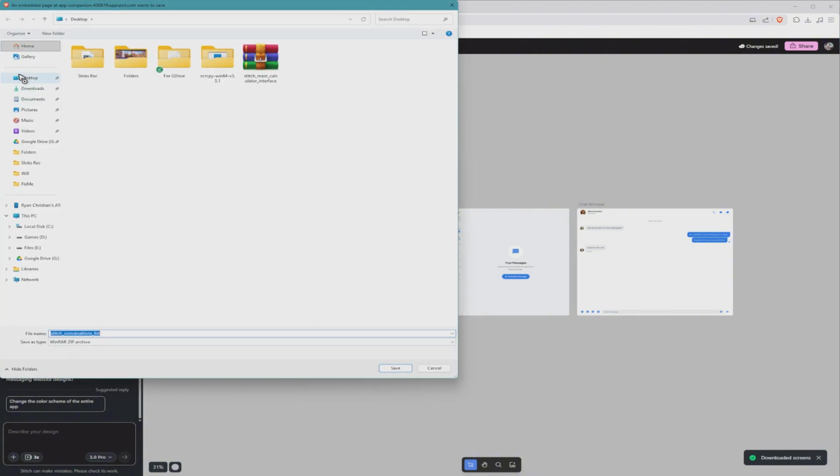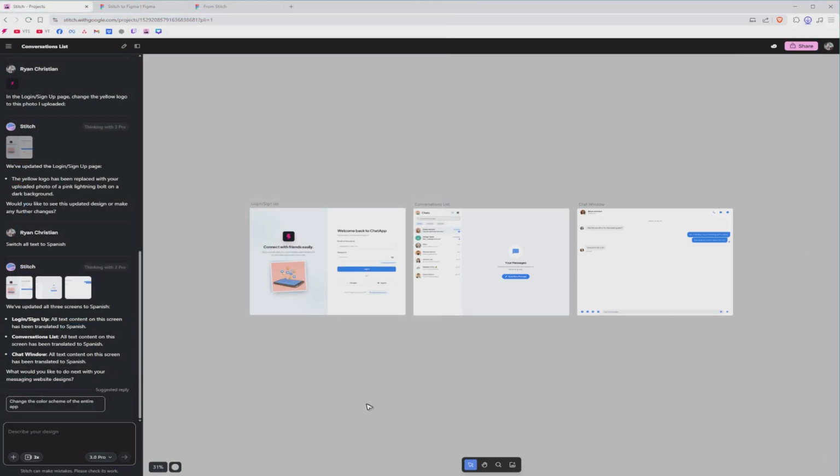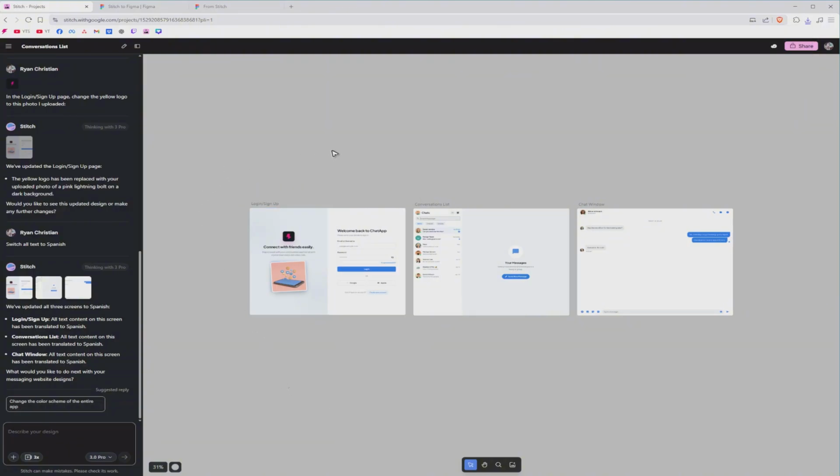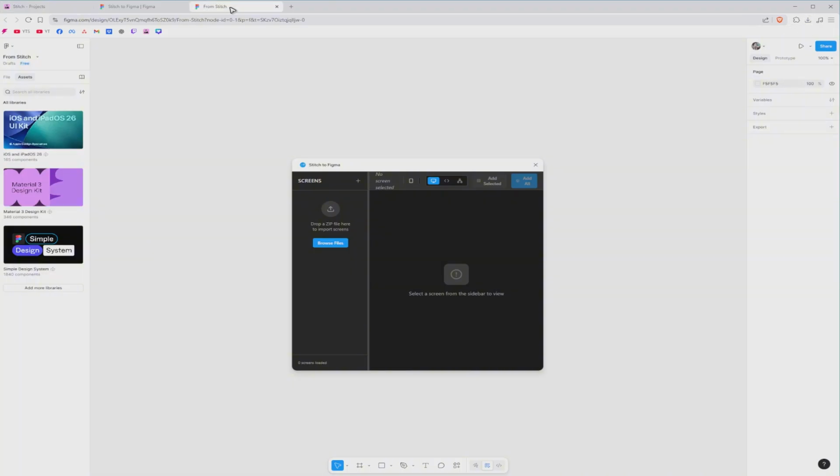Wait for it to load and save it wherever you want, and it will be a zip file. And if you just want to download a single page or stage, right click on it and just hit download. Now once that's downloaded, we'll go over to the Stitch project or design, click on